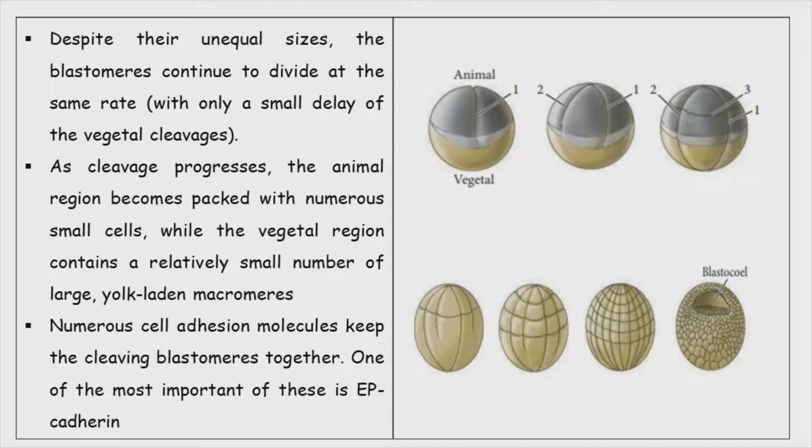And this structure, which is having a wall made up of the cells, and inside a small cavity is present, is called as a blastula. And this blastocoel is toward the animal pole region, because at the vegetal pole region there is presence of yolk, so the cavitation is present at the animal pole region.